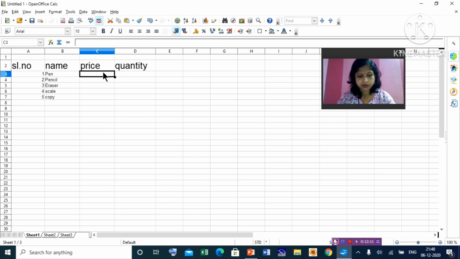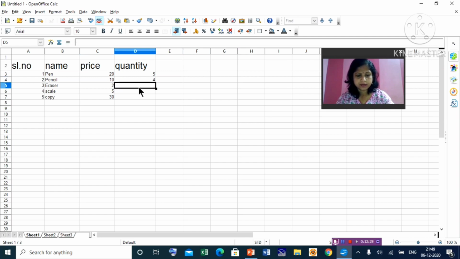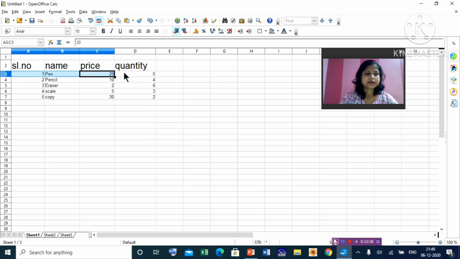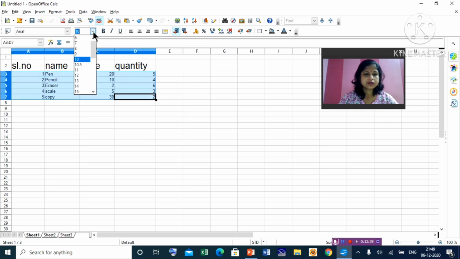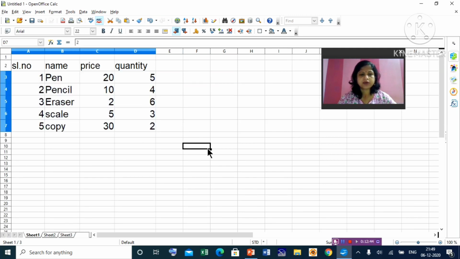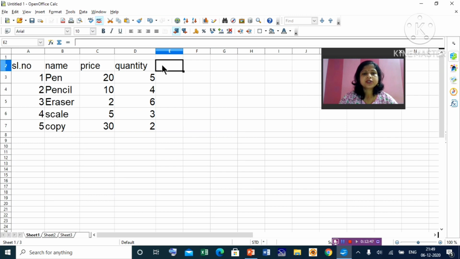Price, suppose this way. Quantity. A little bit big you can make so that you are able to see. Okay. So now suppose here total value.